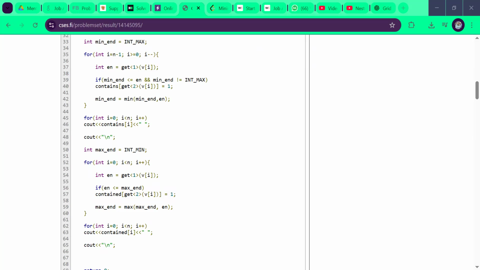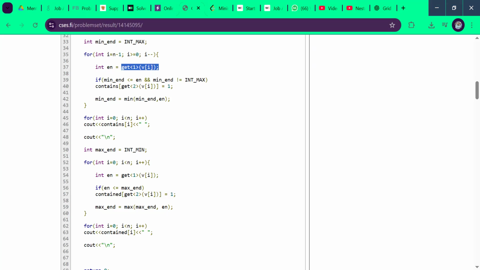Inside that, I first fetch the ending point of my current tuple and store that into an ending variable. Then I can say that if my minimum ending point so far, among all the tuples that I have explored, is smaller than or equal to my current ending point,